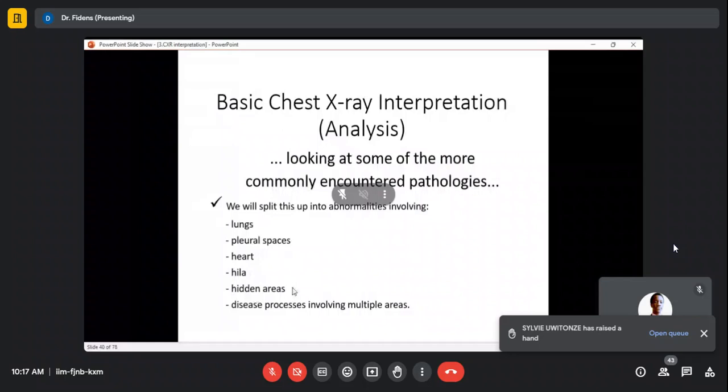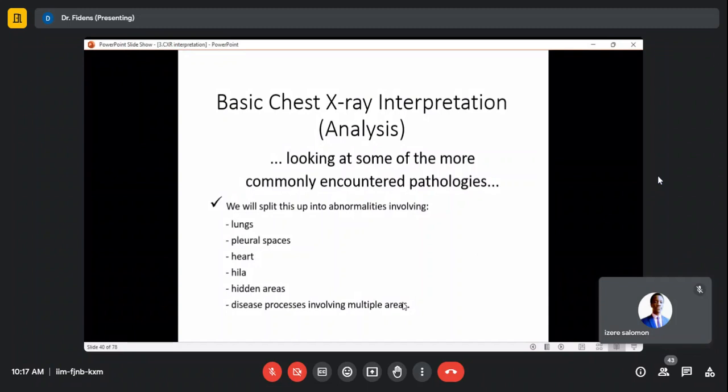Hidden areas, you remember them, and the disease involving multiple areas of the chest. Okay. And we